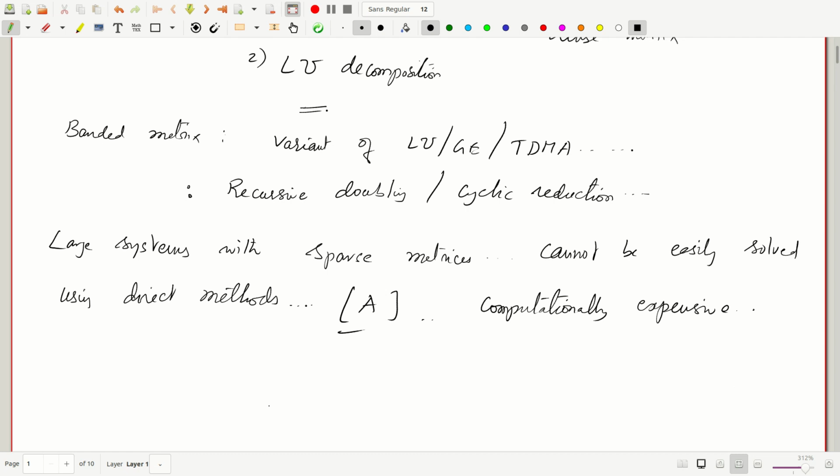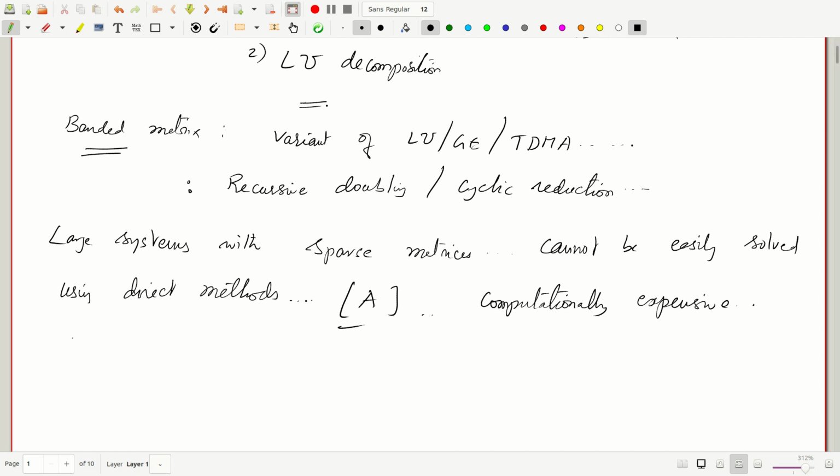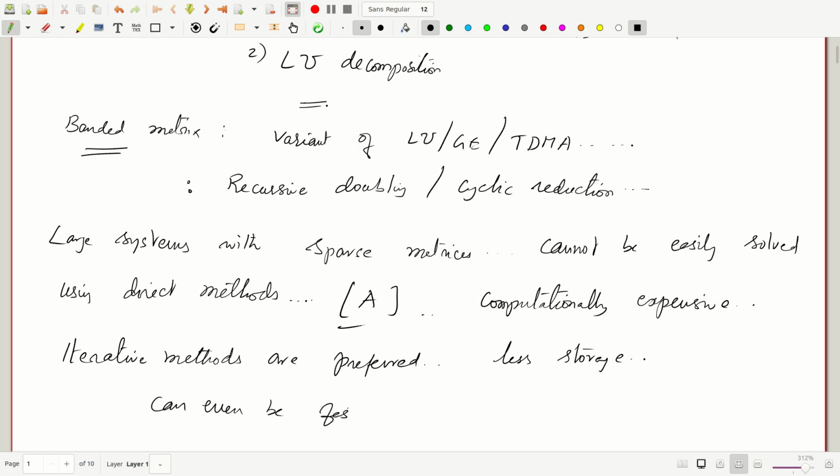So even if you have a banded matrix, most of the time in industry and in academia, the iterative methods are preferred over the direct methods, because iterative methods use less storage, and depending on the case, iterative methods can even be faster than the direct methods. Okay,